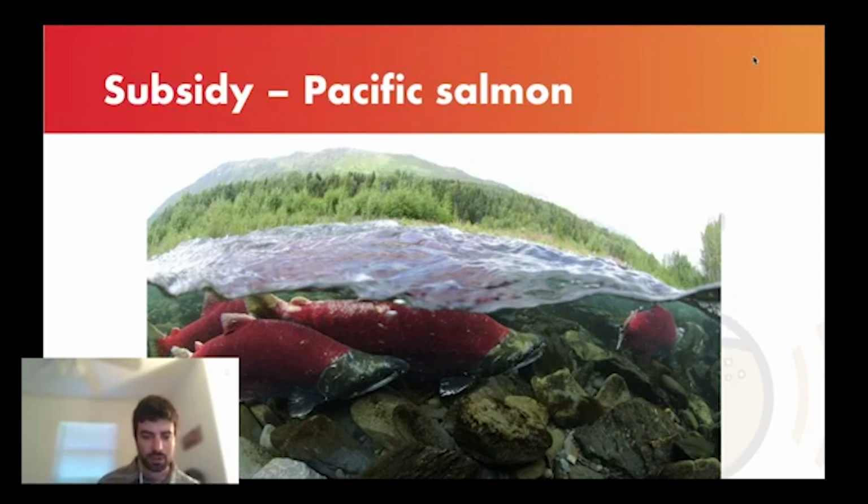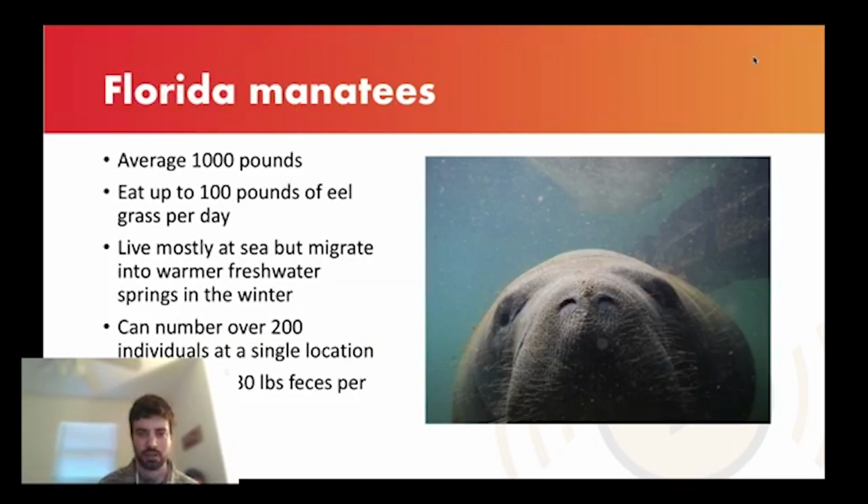And because of their migratory nature, we expect manatees to function similarly to Pacific salmon, because manatees will migrate in and out of freshwater ecosystems. They will enter freshwater ecosystems in the winter months because they are spring-fed down here in Florida anyways, and they are a constant 72 degrees Fahrenheit. And so manatees will migrate into freshwater ecosystems during the winter months to seek thermal refuge when the oceans become colder. And so we'll move on to the next slide here, talking a little bit more about manatees.